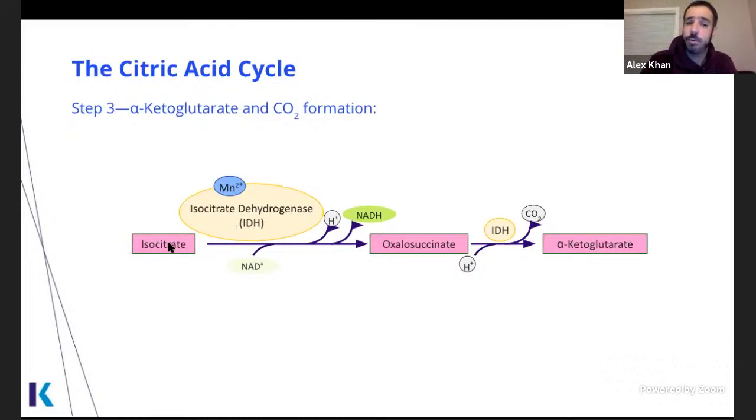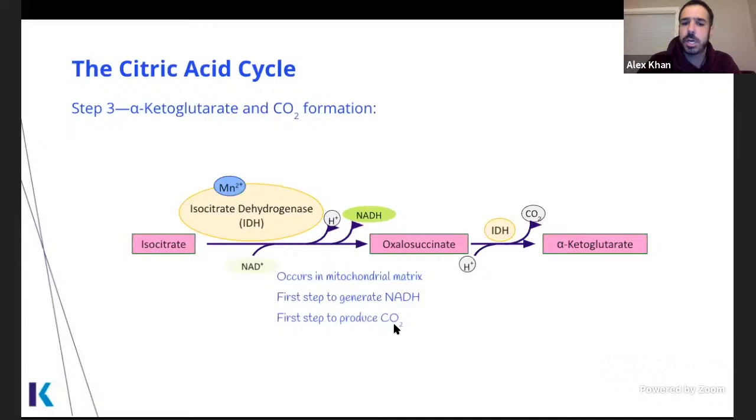So if you know the input to this reaction is isocitrate, and you know that it's a step that creates NADH, then by default we know the enzyme: isocitrate dehydrogenase. Here the cofactor is manganese, but it could also work with magnesium in certain circumstances. It does happen through an oxalosuccinate intermediate, but the big picture here is production of an NADH,